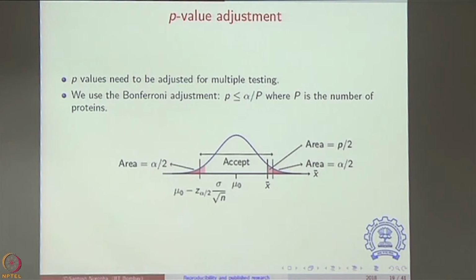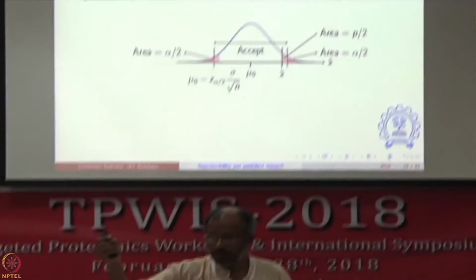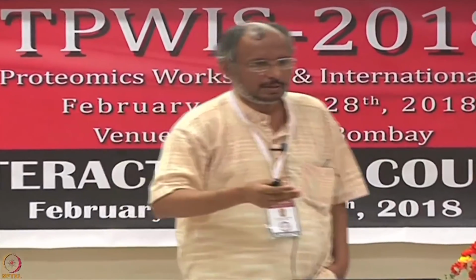So, what is a way around this? Something that we typically do not do is an adjustment to this. If there is a 5% error rate in analysis, that is a dangerous thing if you are doing 10,000 studies. I want you to appreciate this 5% at a different level. You take any 100 published papers testing scientific hypotheses, and I can tell you without even reading those papers that 5 of them have got to be false,